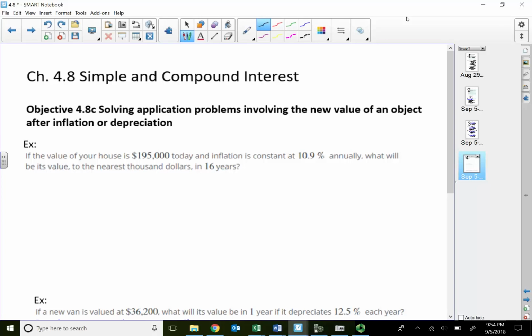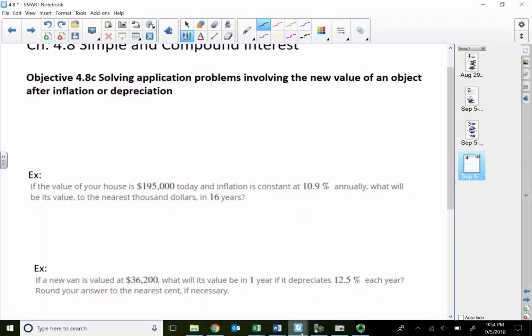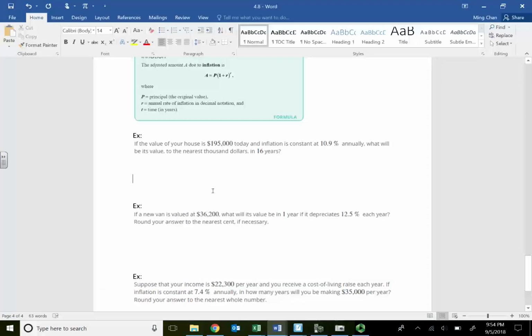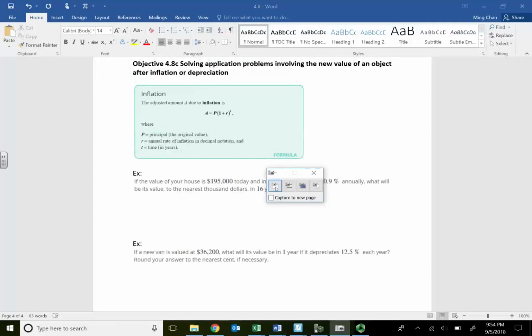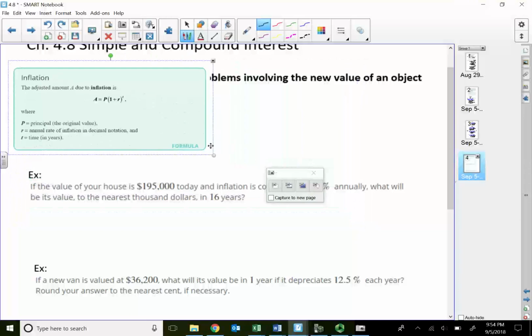4.8. In this lecture video, I'm going to show you how we can use the compound interest formula for inflation and depreciation problems. All right, so let me just copy this. So this is for inflation. So the inflation formula is